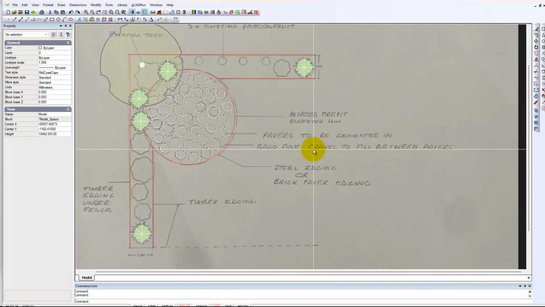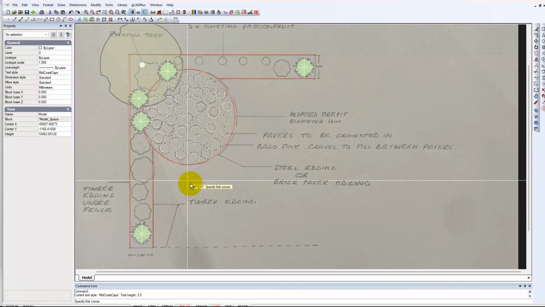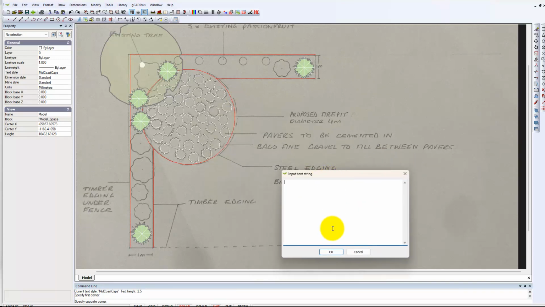Now, note this line here is relatively long. To handle that, I'd use Draw, Multi-Line Text. First corner here, I want to put it in a space, something like that. Now, let's move away. And I'm not concerning myself now with my caps lock. Papers to be